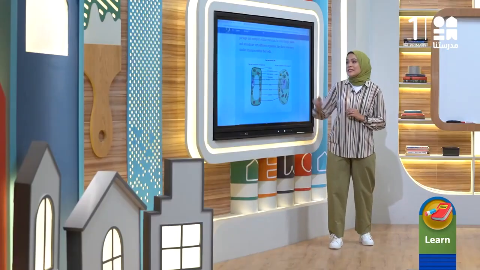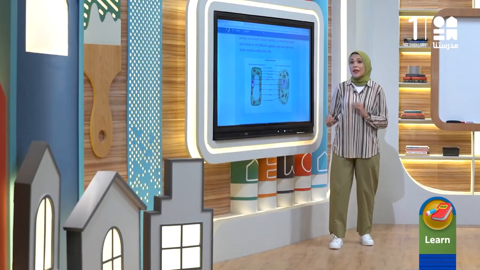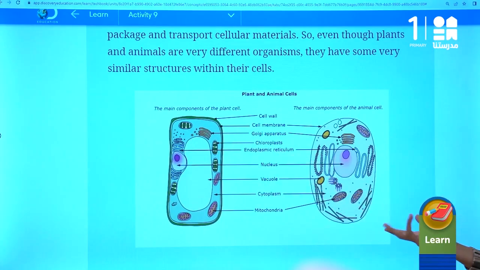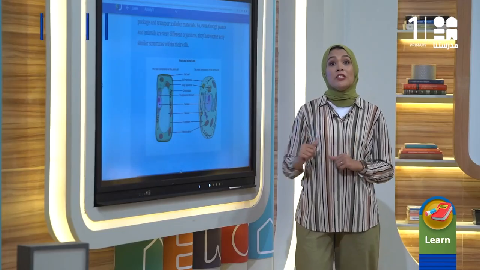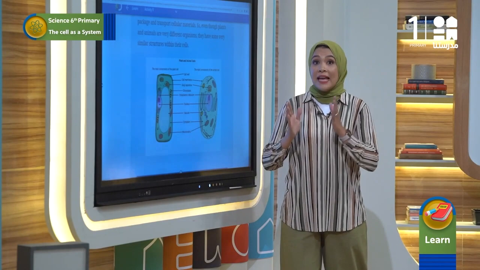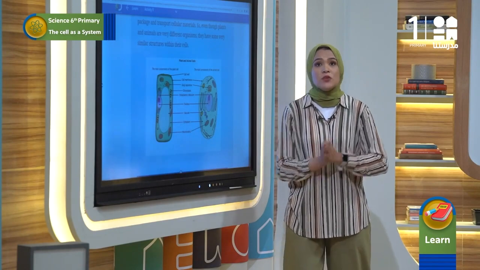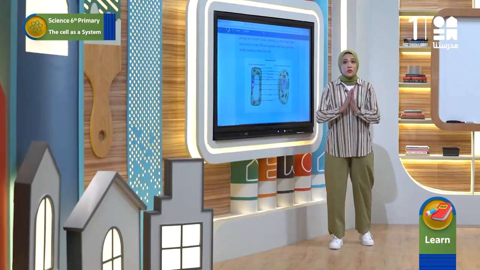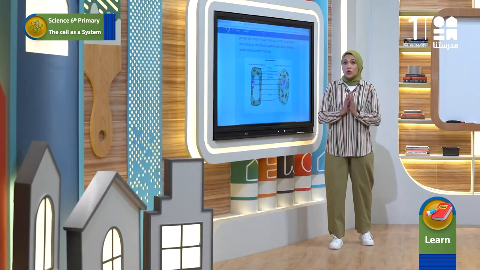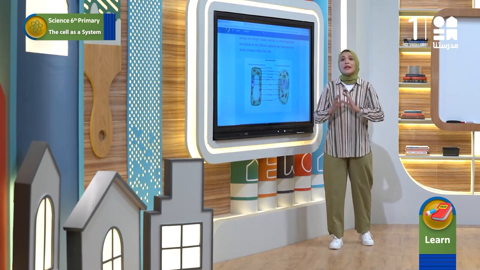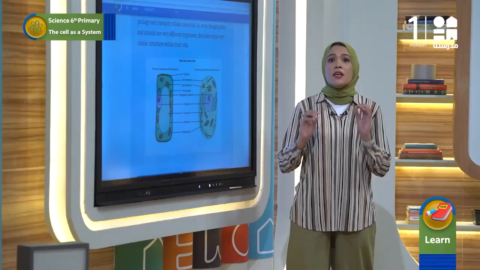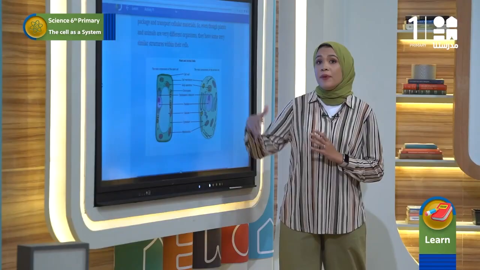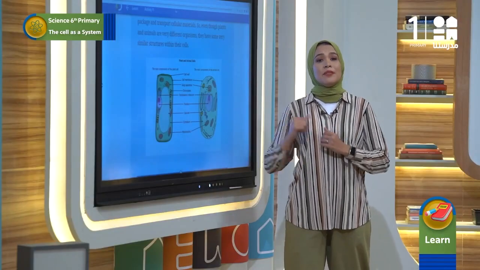Look closely at this vacuole. It's bigger in the plant cell. Why do you think? As we learned in primary 5, plants can't move easily from one place to another like animals to search for food and water. So they need to store them for any bad climate conditions. That's why plants have bigger storage than animals.